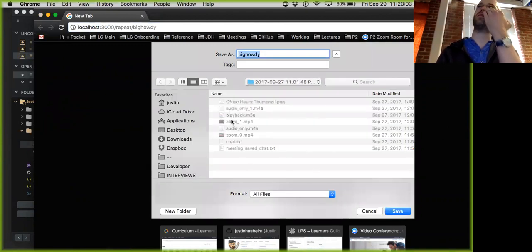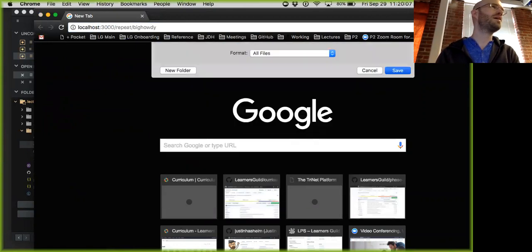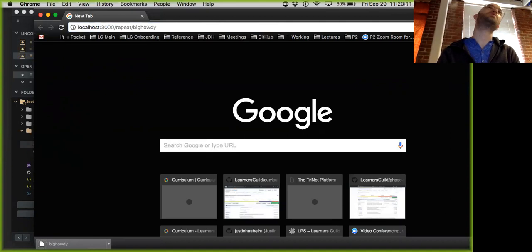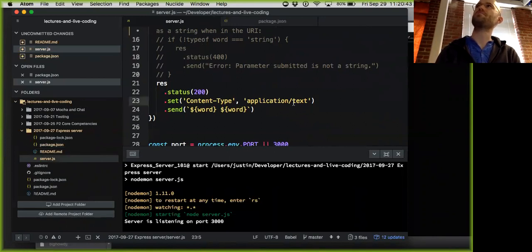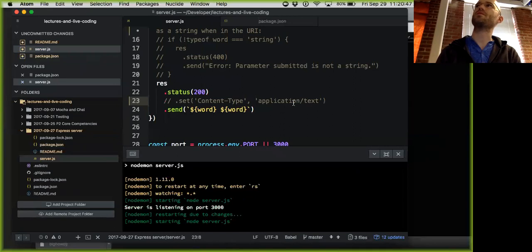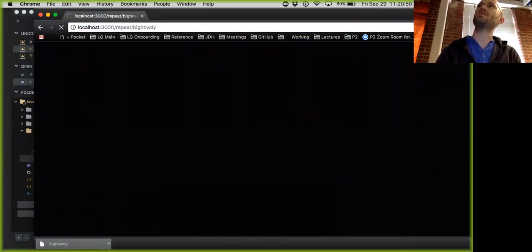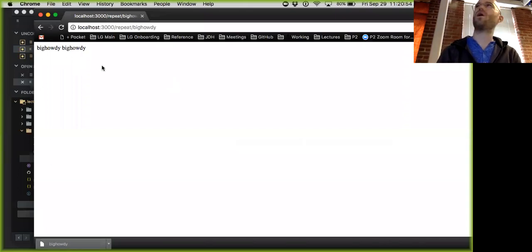Yeah, and so in this case, the response it's giving us, it's asking us to download it. And I think that's because of the way that we've specified the content type. Your browser, based on different content types, will do different things. If it's got something coming back that's content type application/zip, maybe, like a zip file, it will know to download that rather than try to display the thing in your browser window. So the content type here is application/text. And I think, and this is just a guess, for the browser, the ones that it will display in the browser window are,